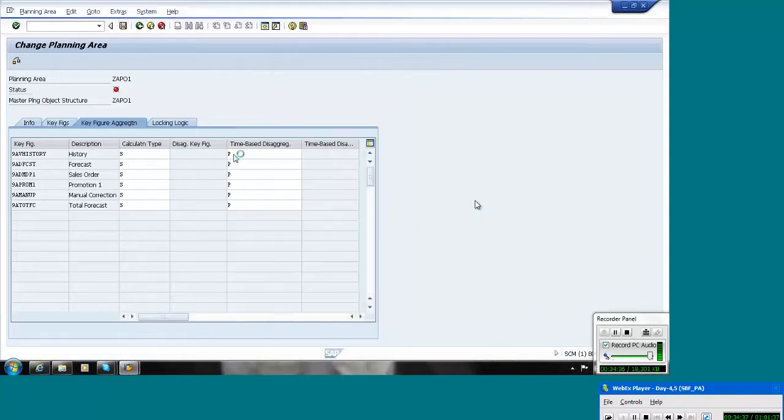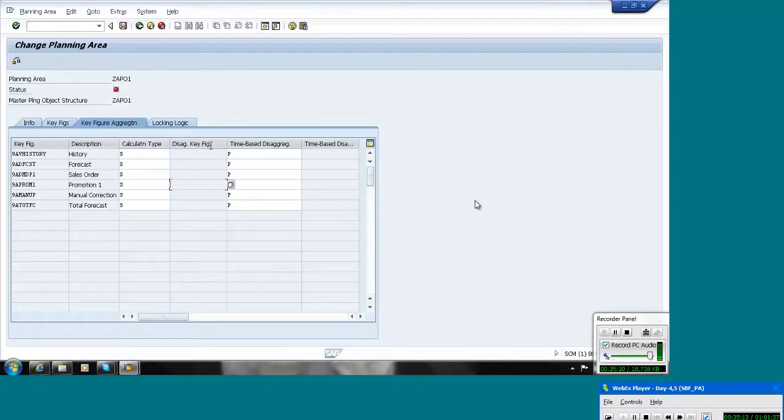we have time disaggregation and structural disaggregation. For time disaggregation, normally we take the same rule, but for structural, based on the key figures it will change. It will not apply the same rule for all the key figures. It will change to different types. For a promotion, I will give it based on another key figure, and I will give the forecast key figure. So if you enter data at a high level, for the low level it will refer to the same forecast values and disaggregate, giving the same weightage.